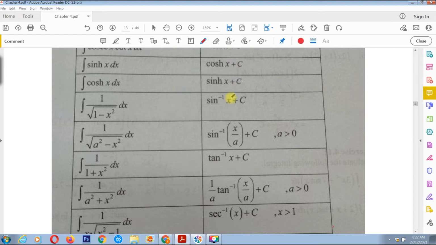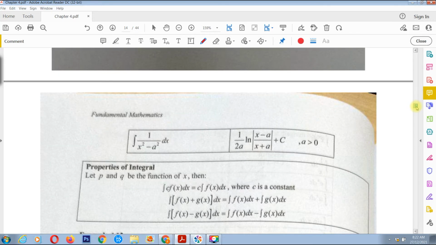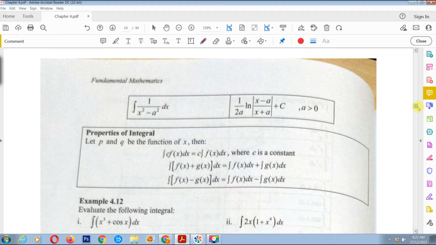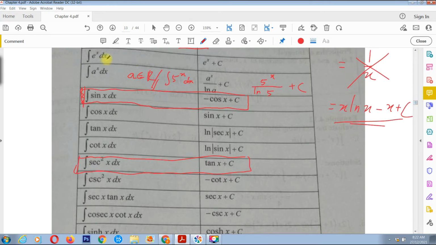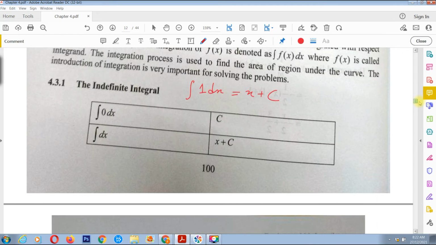So you will get tan, and then the rest. I think we do not really use them, but we always use this. Okay, you should remember, so it is easier. Alright,